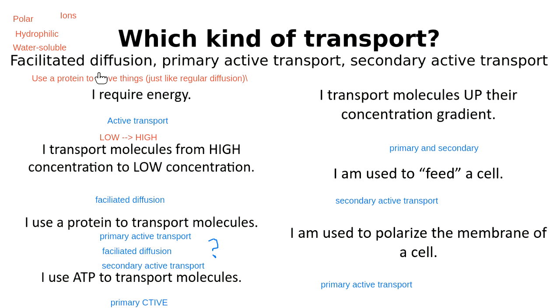When we talk about primary active transport or secondary active transport, the reason that I have to use a tunnel is not only because I've got something that can't get through on its own, but it's also because I need energy in some form to move it. So in these active transport processes, it still takes me,